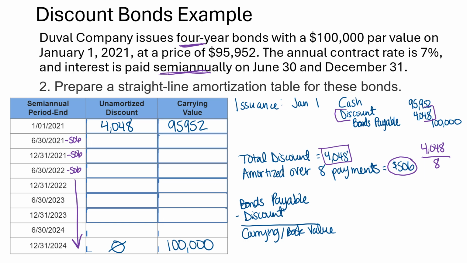So if we want to fill in some of those numbers, beginning with the 4,048, if we're just going down the column and subtracting 506 each time, 4,048 minus 506 will be 3,542. Then the next 6 months, we'll allocate another 506. So 3,542 minus 506 is